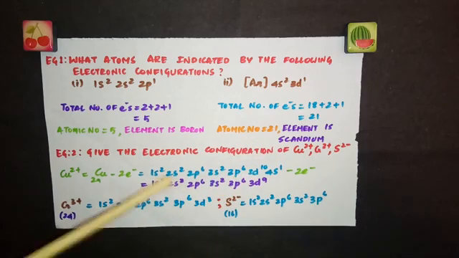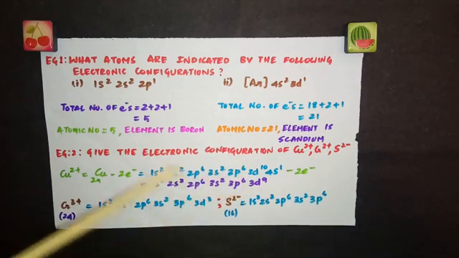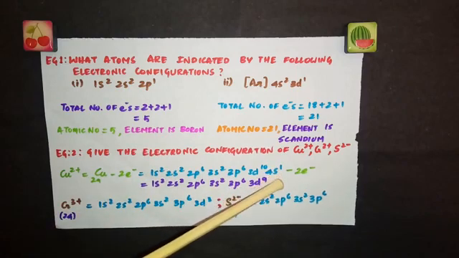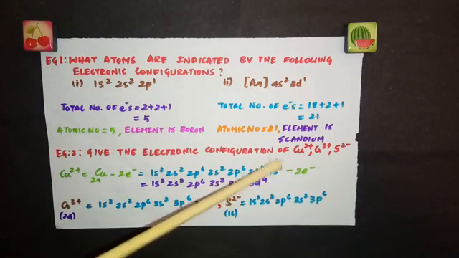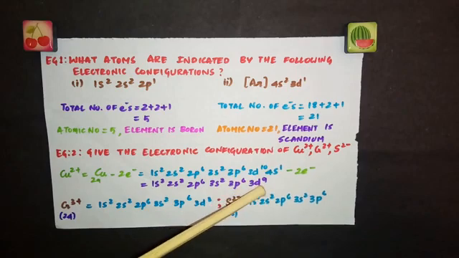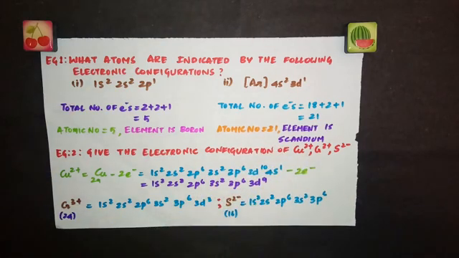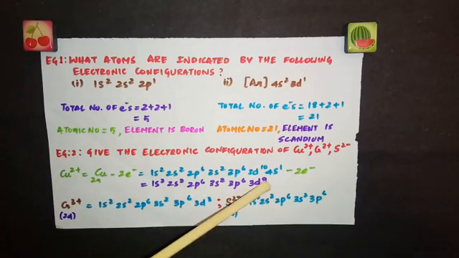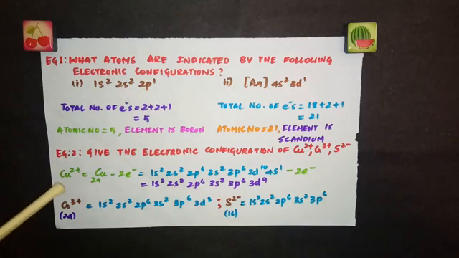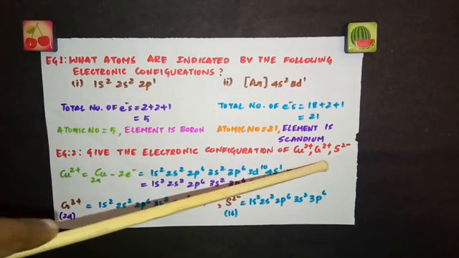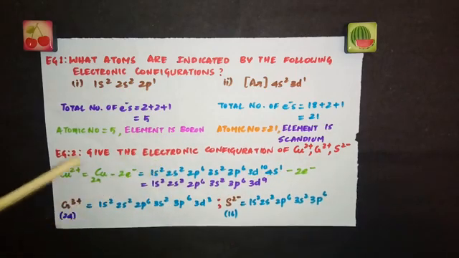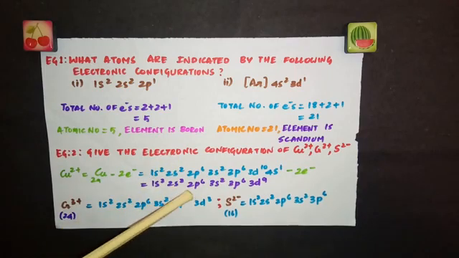So what will be the configuration? Till this 3p6 you can write as such. Here don't write this 4s1 because 2 electrons are removed, and here 3d9. So 1 from 3d and 1 from 4s electrons are removed. So for Cu2 plus, this is the right configuration. See, when you are asked to write Cu2 plus, you need not write this. This is for your understanding. I have written it here. You can directly write this, but you should write without mistakes.